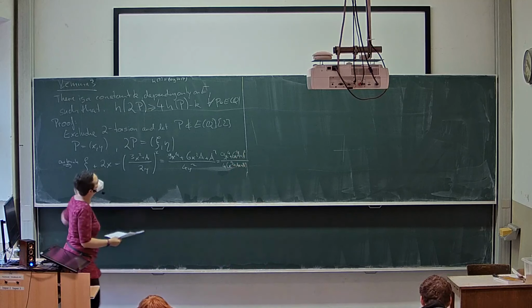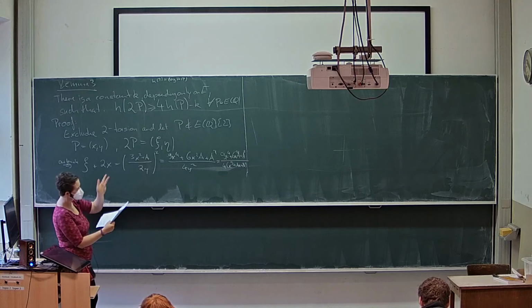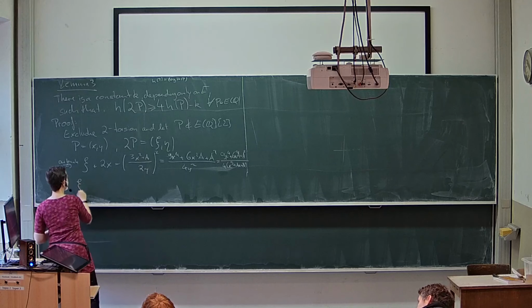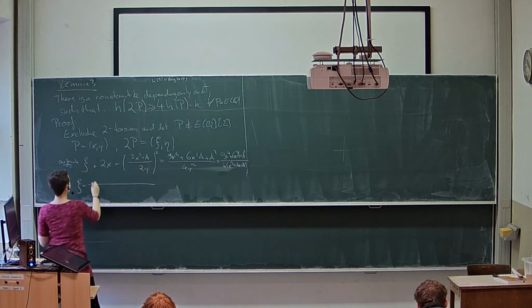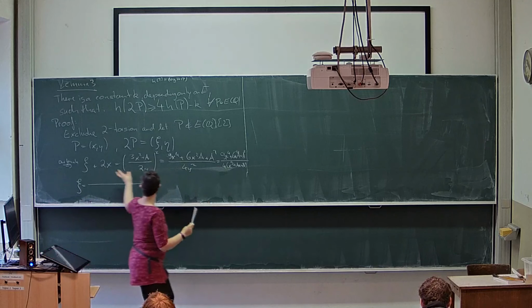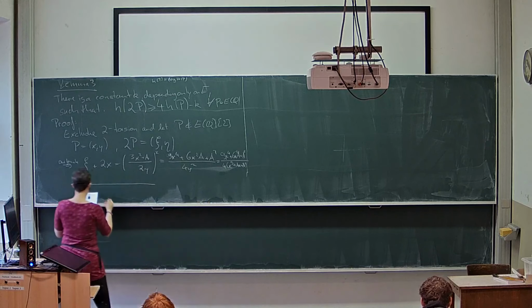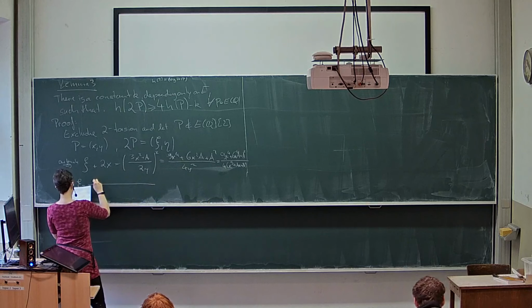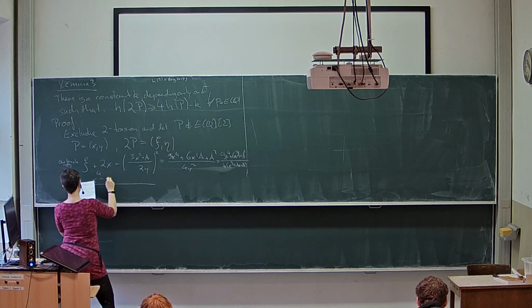So now we put the 2x on the other side, and then if we multiply the 2x by this, we get